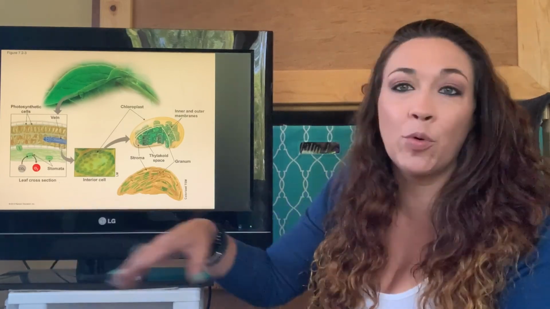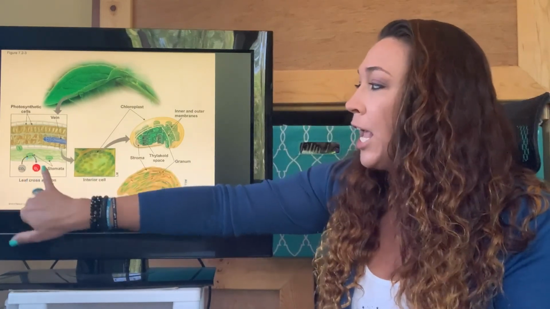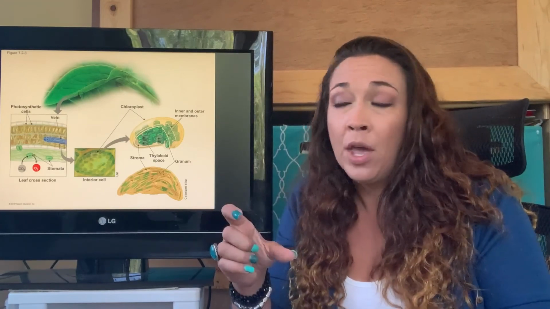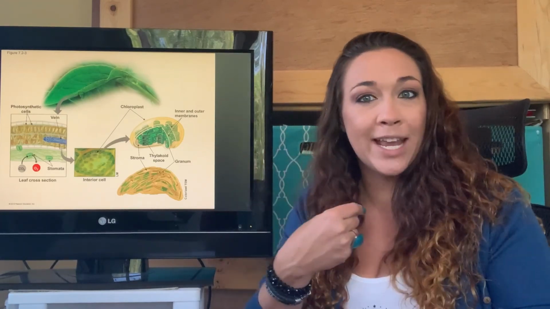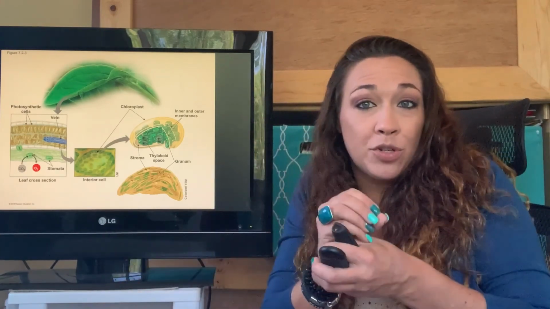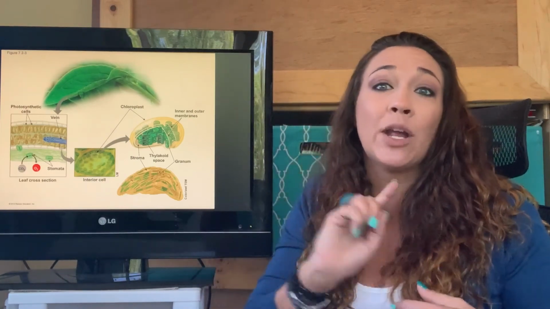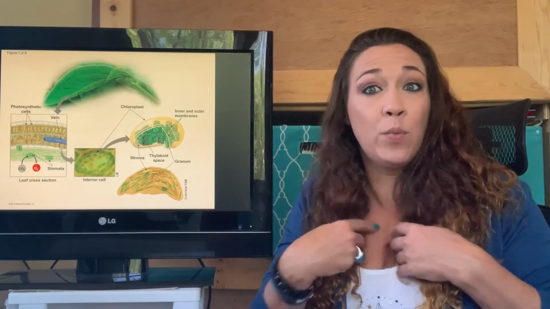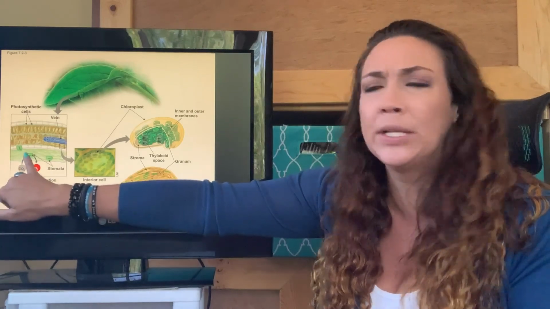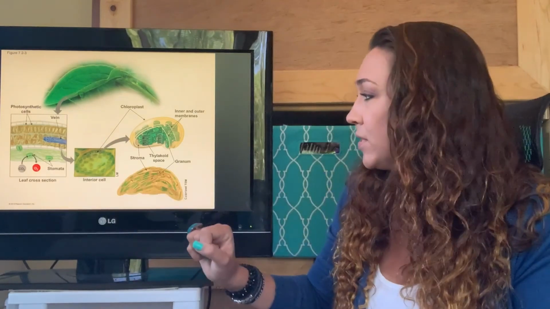Now remember, we do need gas exchange, so we do need to bring that CO2 in. This is actually going to occur down here in what's called the stomata. The stomata literally means little mouth, so that's kind of how they breathe. Plants don't have mouths, they have stomata. They open and close their stomata to let gas in. In this case, they want CO2, and they want to get rid of oxygen, the opposite of us. So that's how they pull in the CO2 they need for photosynthesis, and that's how they release the oxygen they don't need from photosynthesis.